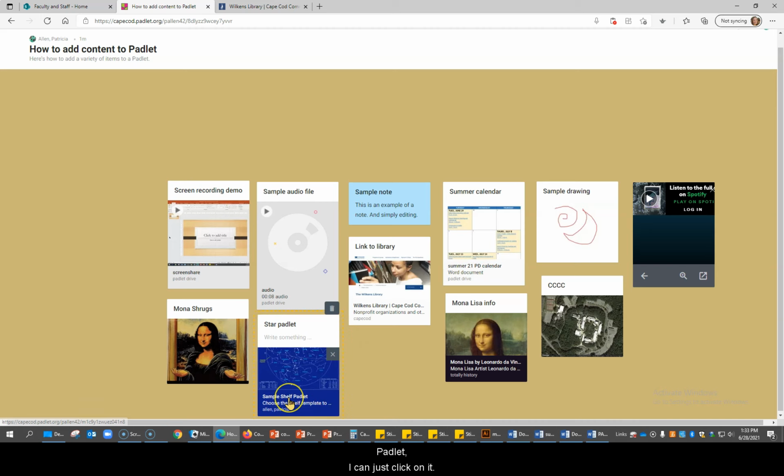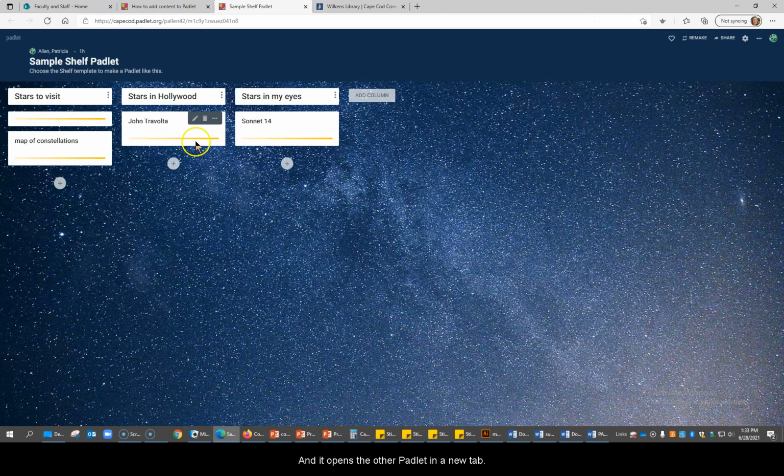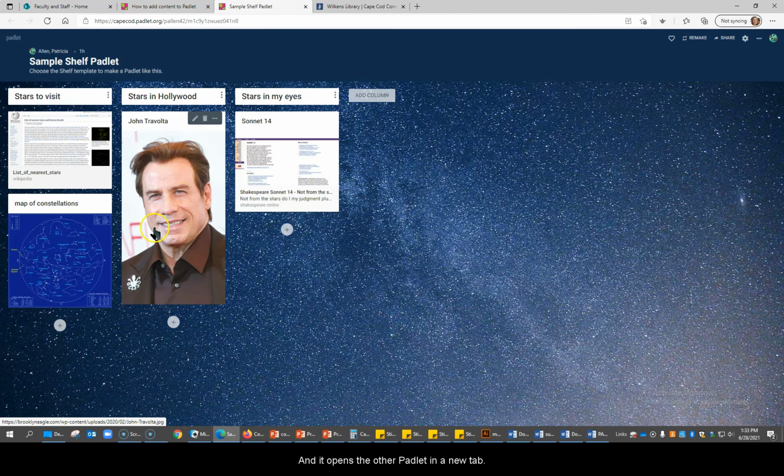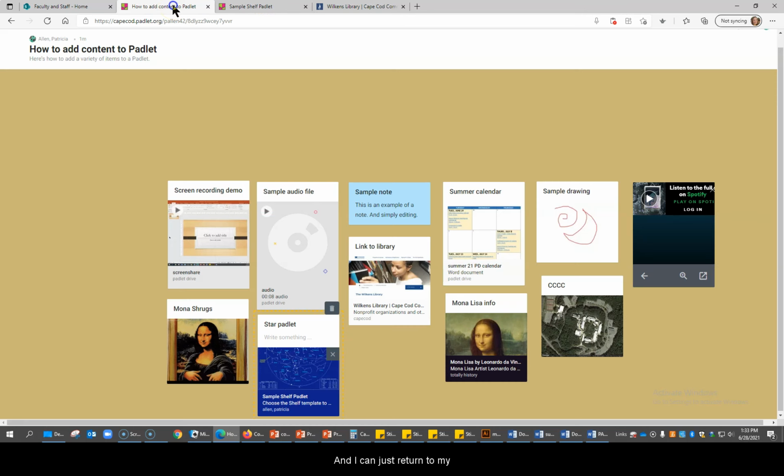So here it is, and if I want to look at that Padlet, I can just click on it, and it opens the other Padlet in a new tab, and I can just return to my Padlet that I've